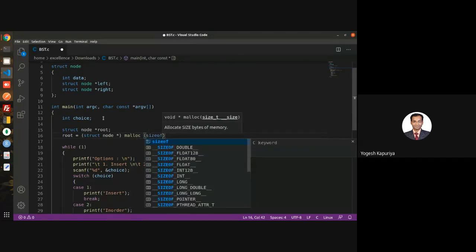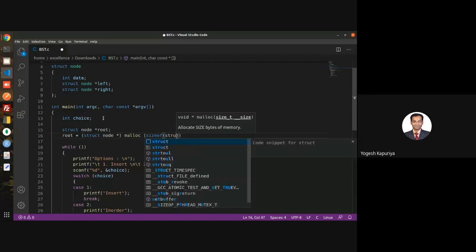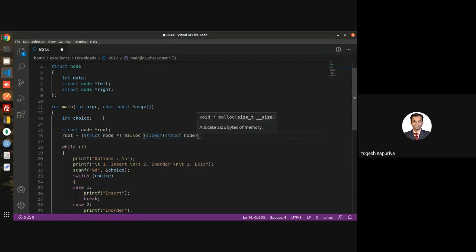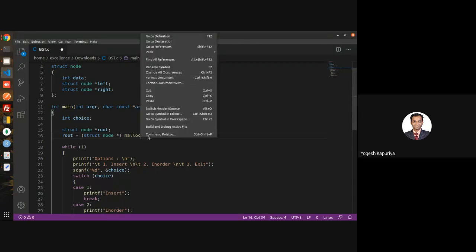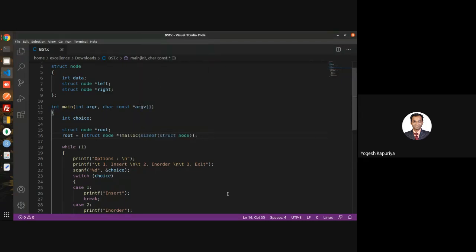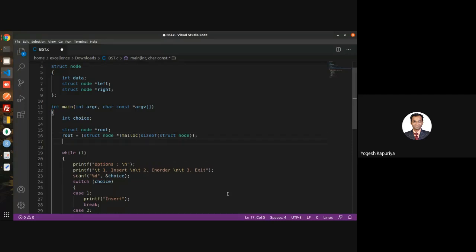Then you have to use the sizeof function, sizeof what? sizeof struct node. Because there is only one node, so you require that. So this is an allocation, right? Now, that means my root is allocated and initially my root is null.